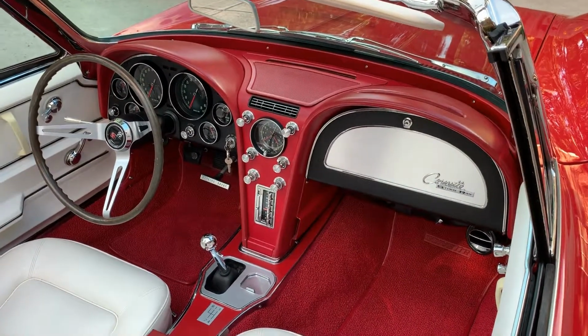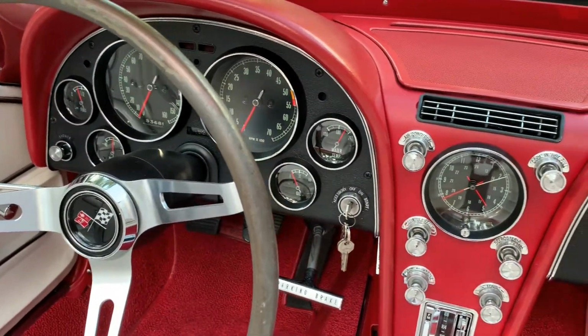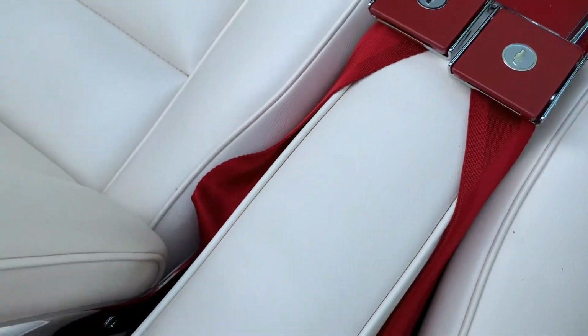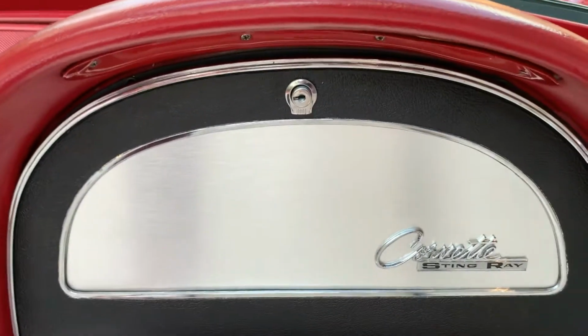Please take a look at all the photos, read the letter from the original owner, and feel free to call me with any questions you may have. Although no car is ever 100% perfect, this car comes close to being just about perfect in every way. A solid 9+ out of 10 and just spectacular in every way, this car will be a gem in anyone's